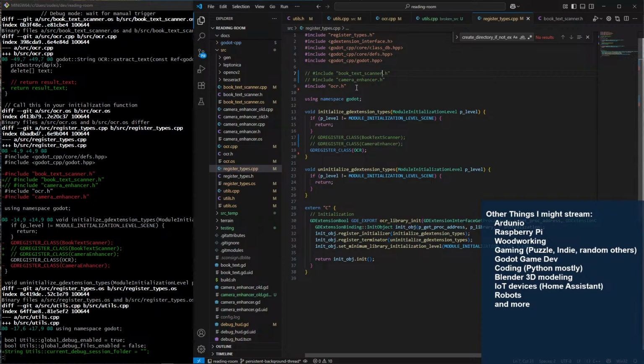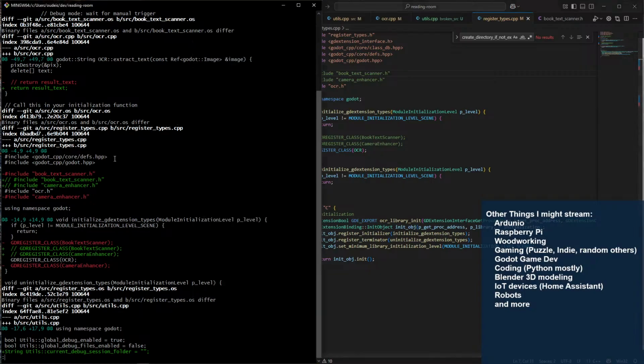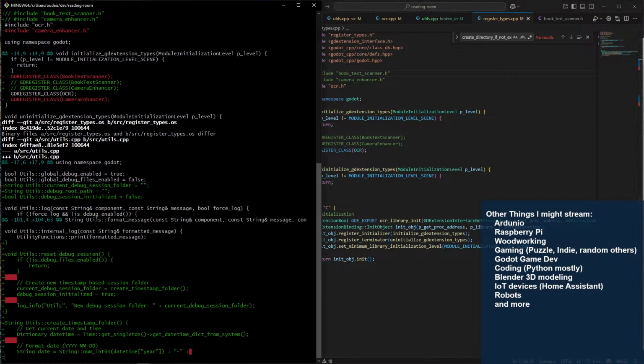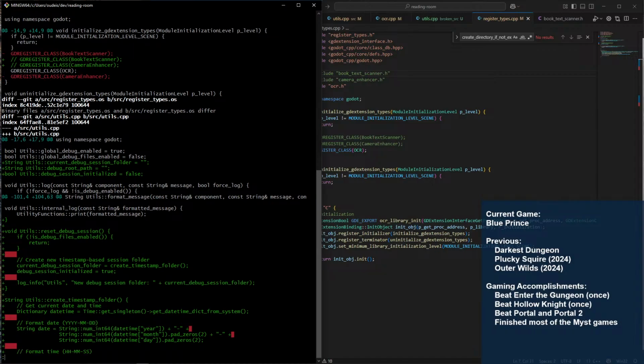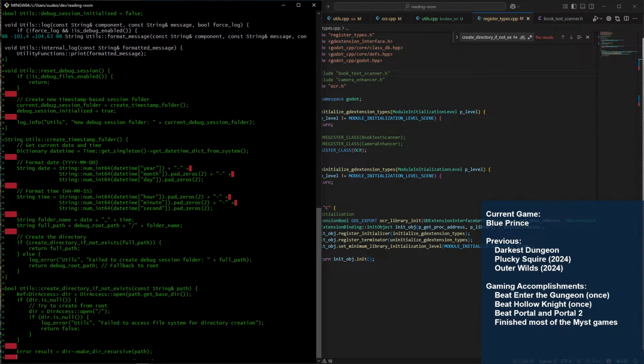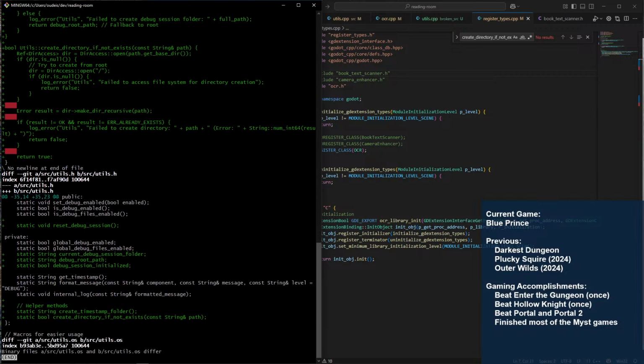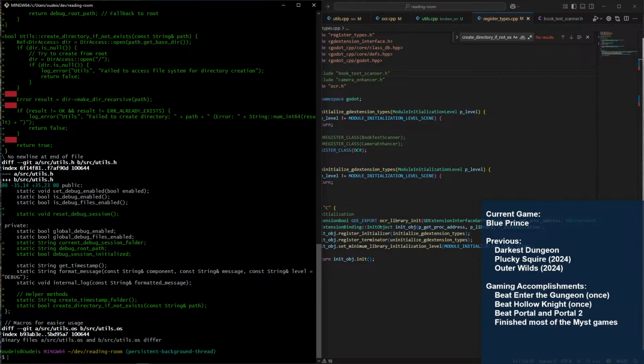I mean, this wouldn't explain why I can't load it. The fact that I'm not registering the classes, it would just say that class doesn't exist. We wouldn't get a load error. Utilities adds a bunch of utilities. You know, I'm done with this.